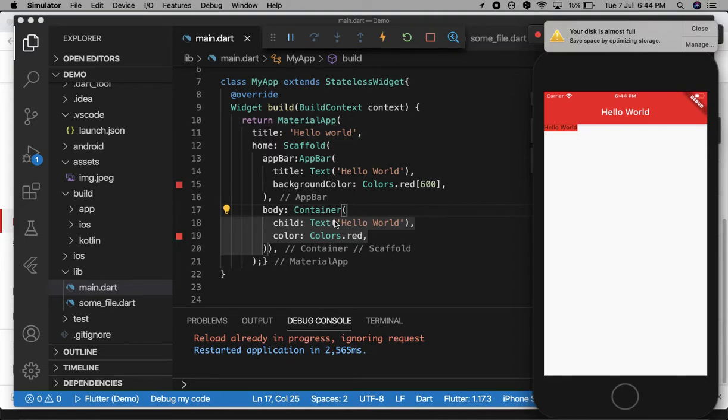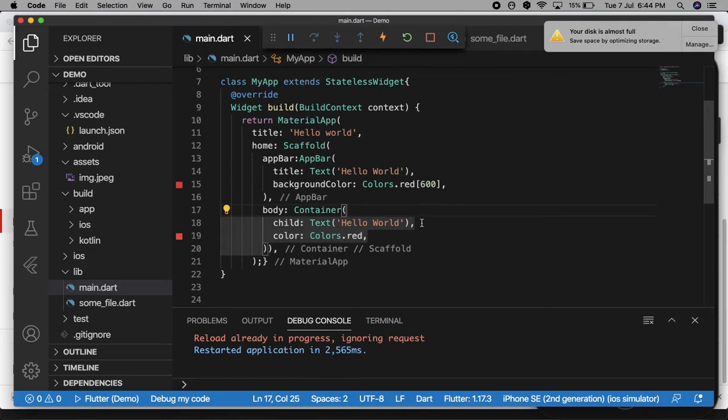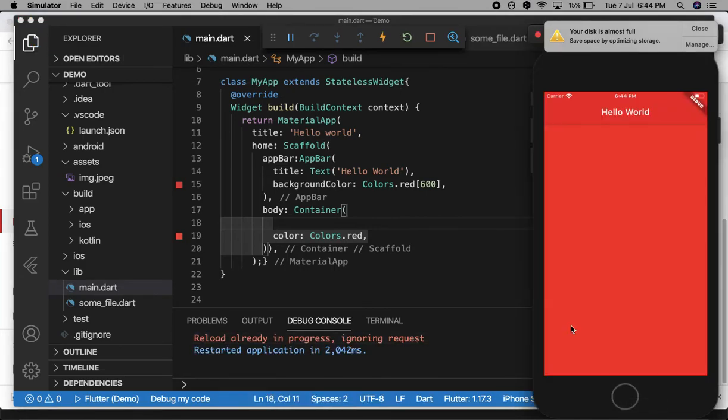By default if you add a widget inside the container, it will be wrapped. Its height and width will be wrapped. And if you remove the child, then this container will cover the entire screen or entire body. You can also see this. If I remove this child and run it again, then it will cover the entire body.